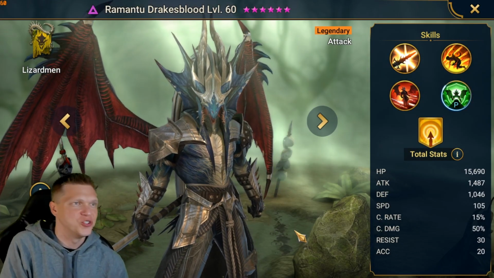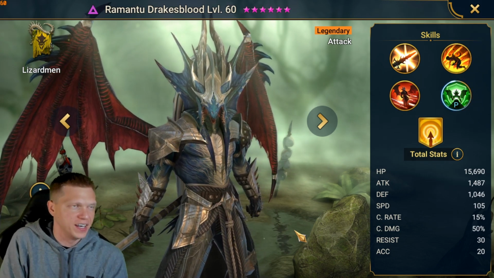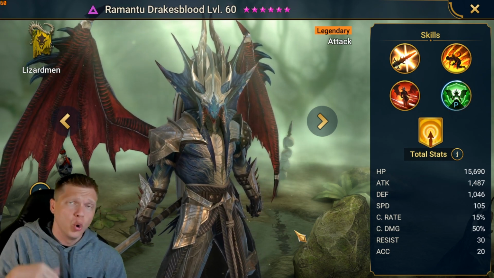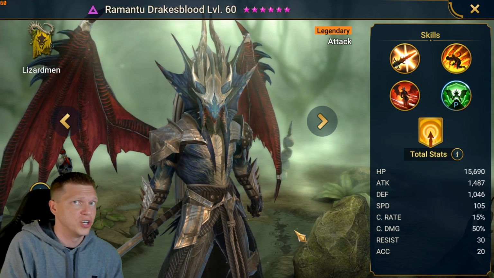Hey, what's up? This is Chosen, and in this video, we're going to be doing a champion guide for Ramantu Drake's Blood, going over an infographic that I'll provide down below. I will show you all the abilities, multipliers, how to use him, what I think about him, would I change anything, how I would give Plarium in terms of their design of this champion and his implementation for his kit